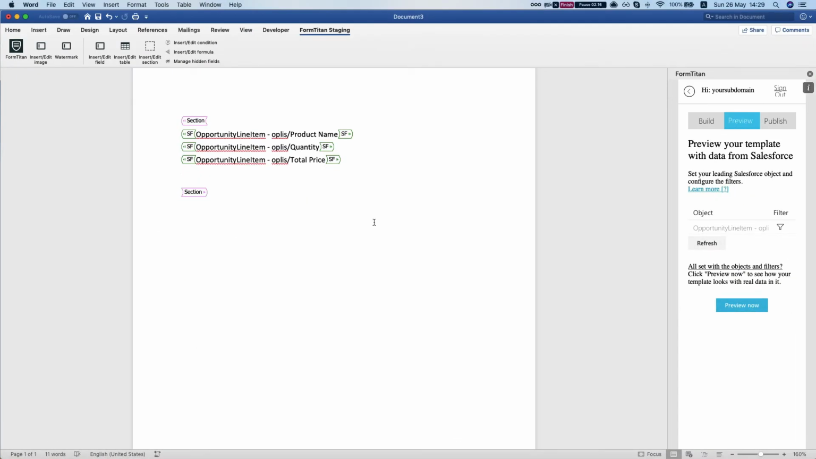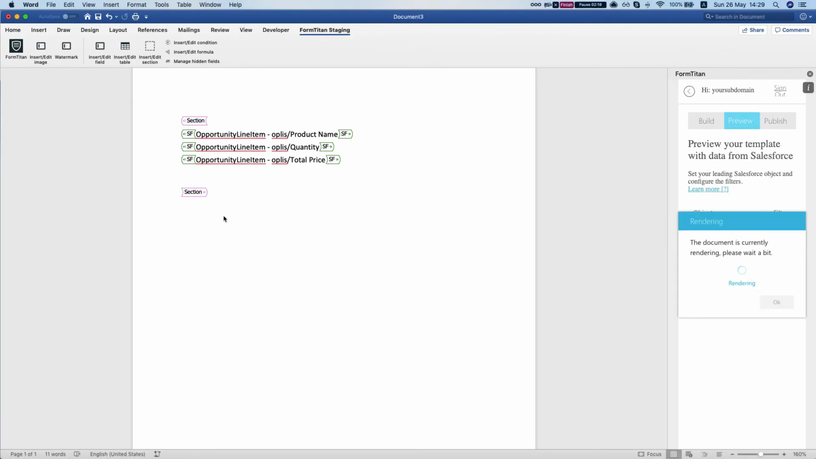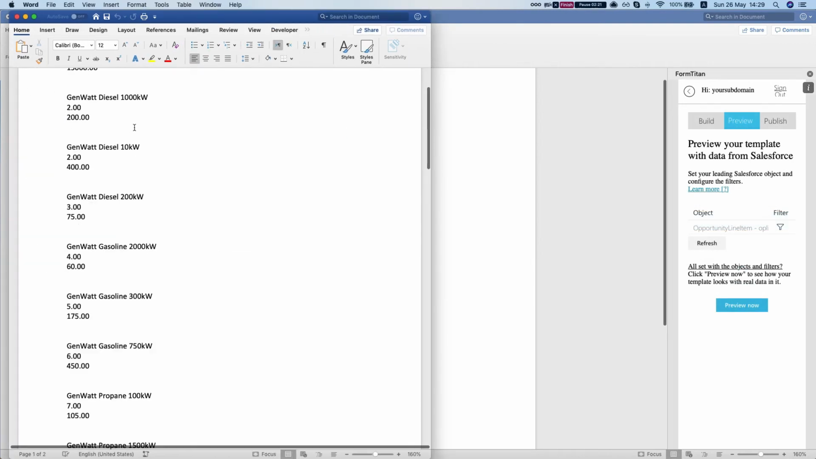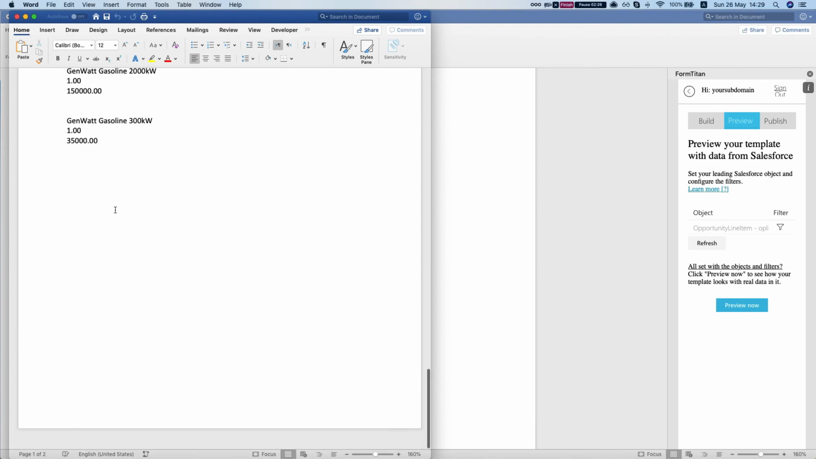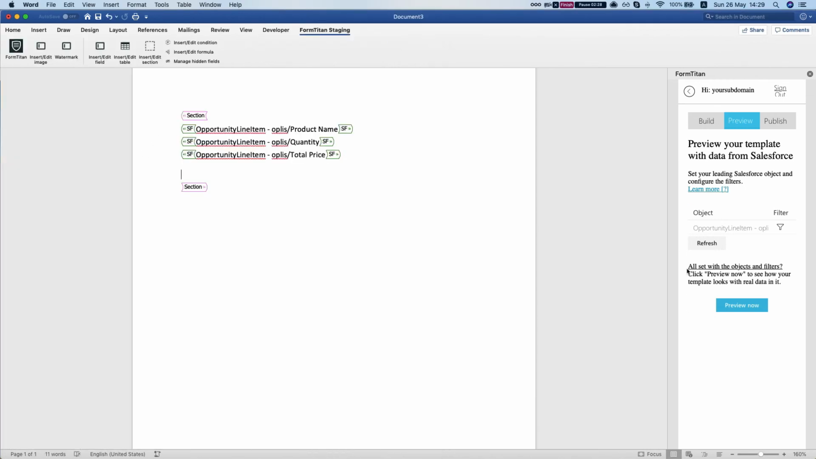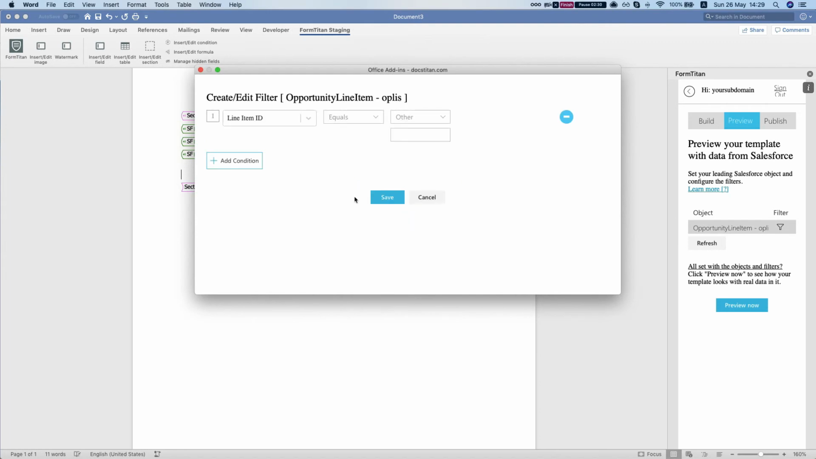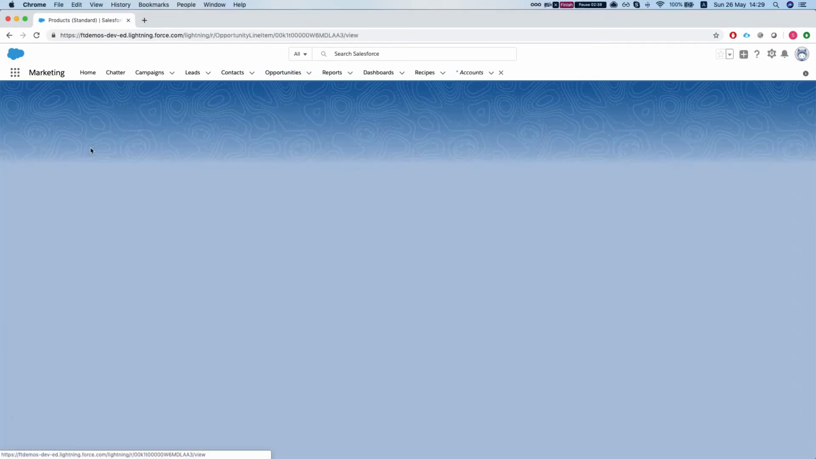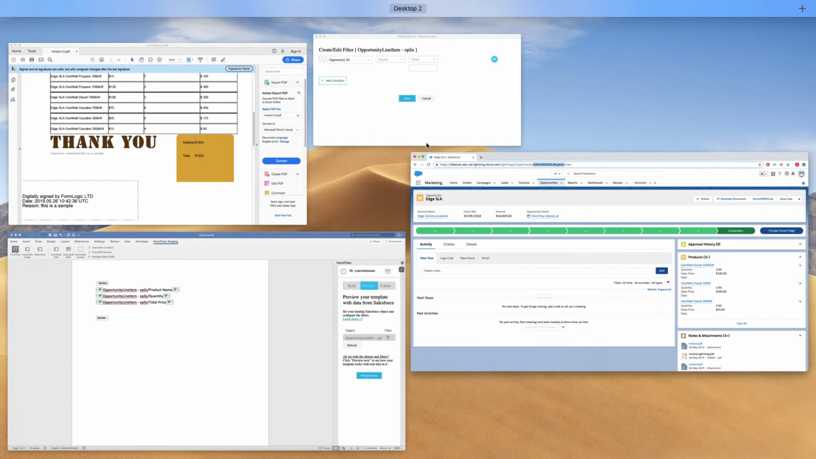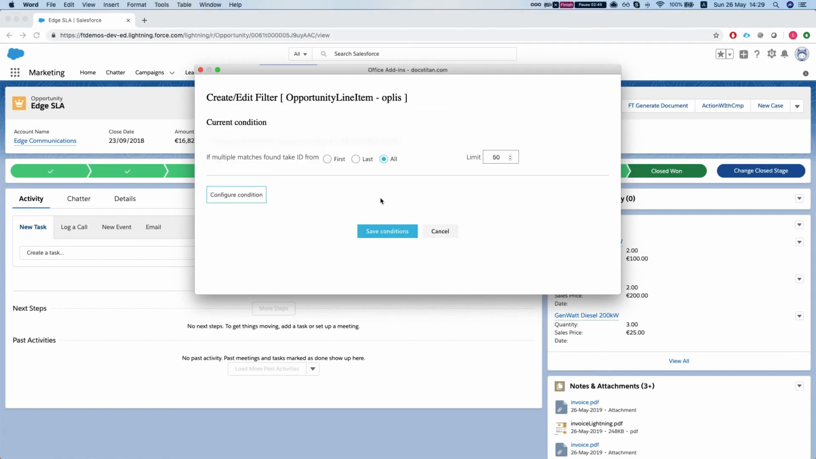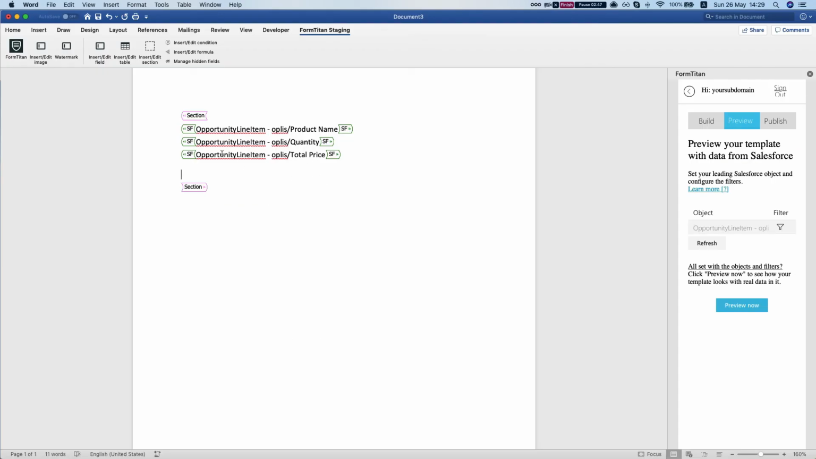So I'm just going to preview it now. I did not set the distinct yet. And we should see all products. So this is our products dynamically from Salesforce. And what we're going to do now is set our filter, and we're going to set the opportunity ID equals, let's head back to our opportunity and just grab the ID just for the demonstration purposes. We'll save this, save the condition, and we're going to head over to our section,